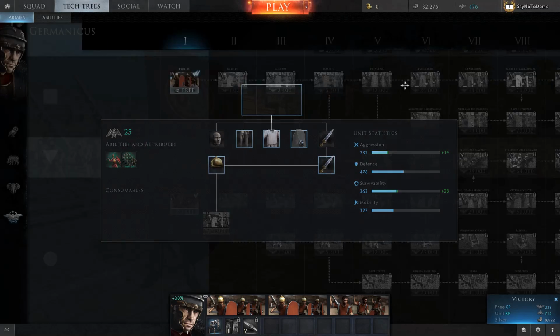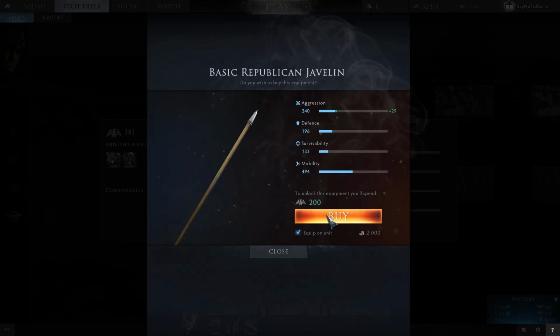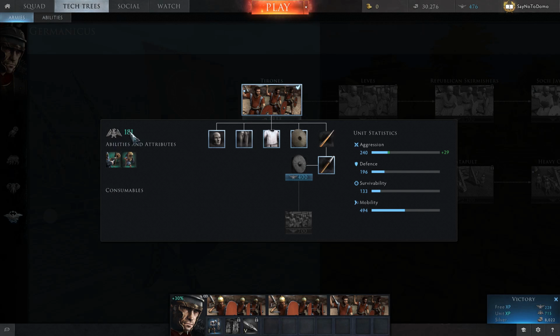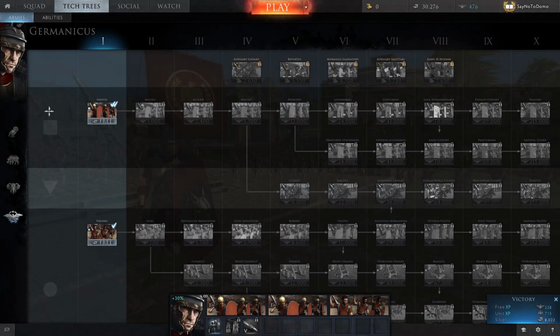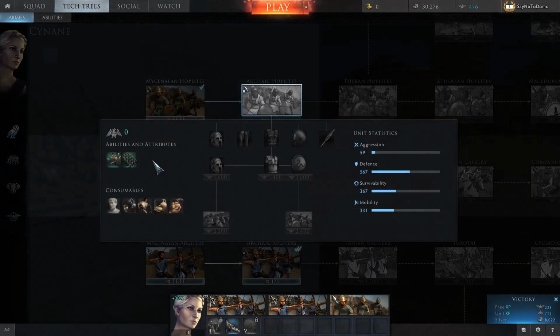Okay, but also, let's say I didn't have that. Let's just buy this javelin. So let's say I only have 181 of this EXP, but I also have 476 free EXP, so I could spend the free EXP on anything that I want. So if I wanted to, I could spend 181 of the unit's EXP and then spend the rest with my free XP. I don't really want to do that much, but it's very much set up in a way where you can